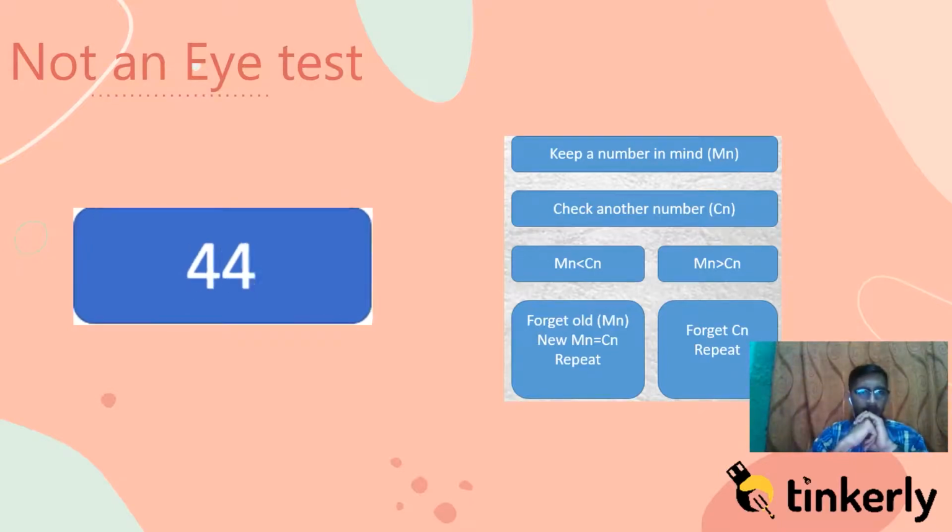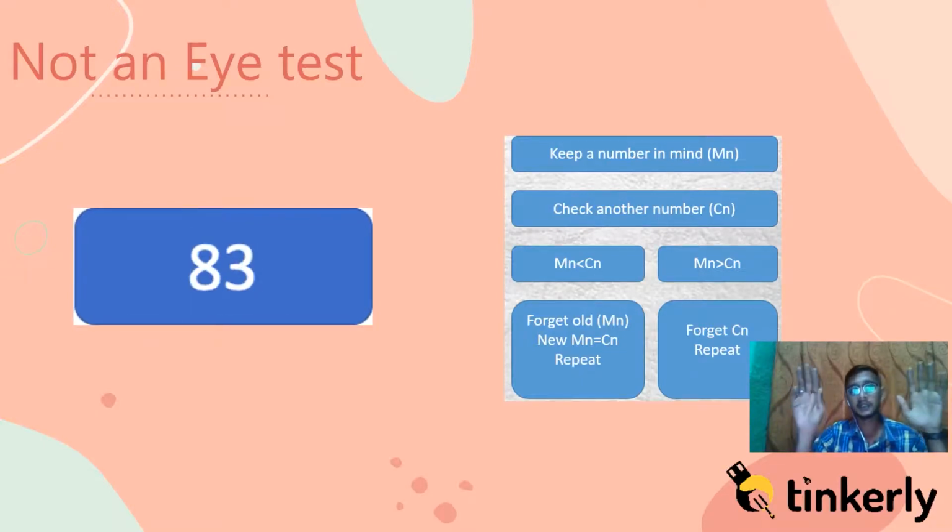Then again check 89. Is 89 bigger or smaller? 89 is bigger compared to 78. So just remember 89. Then again check if there is any other number bigger than 89. No. So 89 is the biggest number among all the numbers. So that's your problem, you have to find the biggest number.